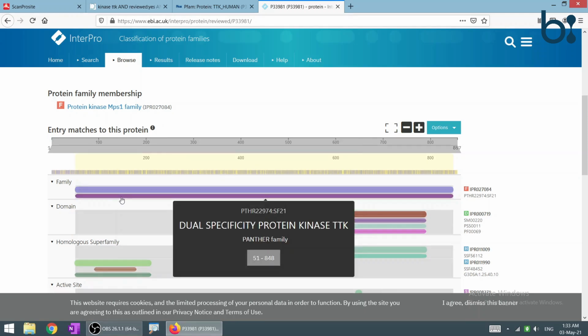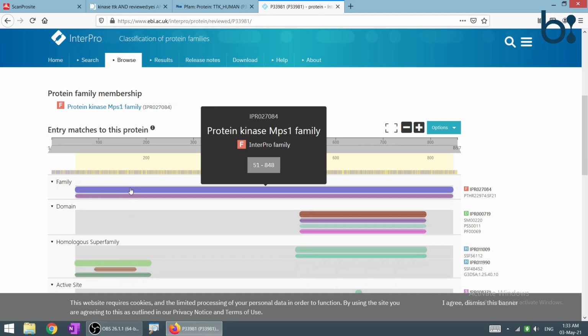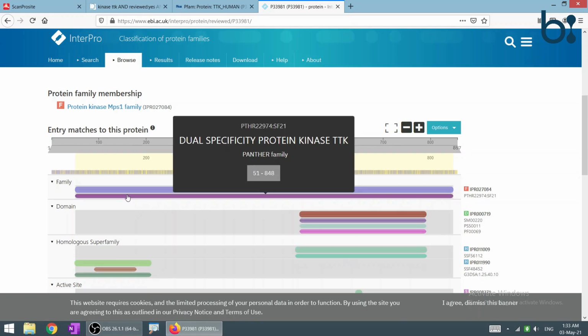The second information is coming from the PANTHER family database, which is also giving the same amino acid numbers, but the InterPro family entry is saying that it is the protein kinase MPS1 family, whereas PANTHER is saying that it is dual specificity protein kinase TTK. So this is how the different database information is combined into InterPro.